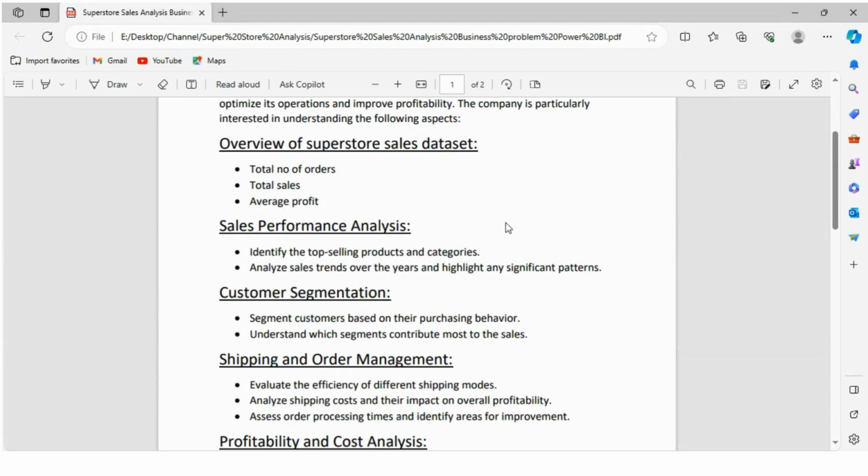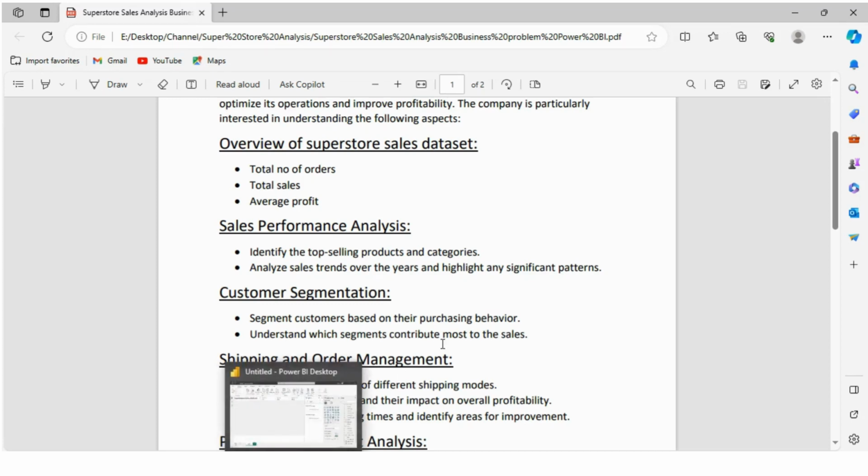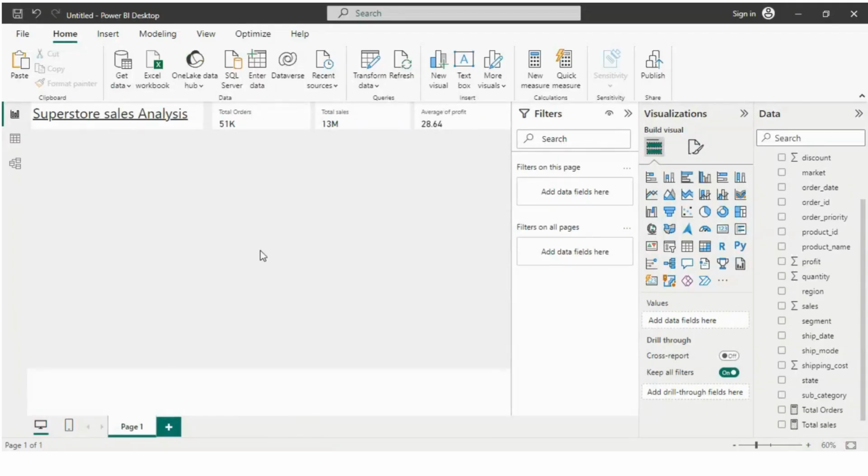Now on the second task, sales performance analysis. In the sales performance analysis, we have to identify the top selling product and category and analyze sales trends over the years and highlight significant patterns. So firstly, we have to identify the top selling product and category. In the top selling product and category, we have to choose